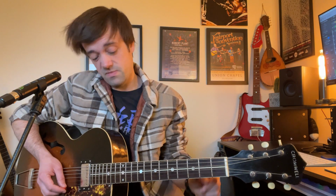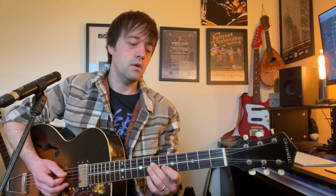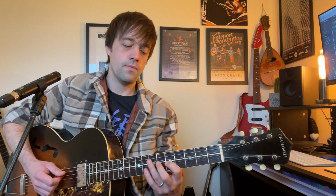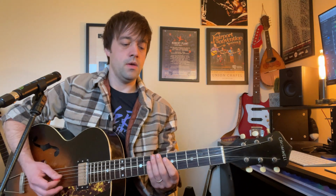Alright, so what I'm going to try and do now, if I can, is venture around the fretboard, down the string groups a little bit, and see how that goes. So wish me luck. This is into D minor, and then into C. Into F, and then into D minor, into C,